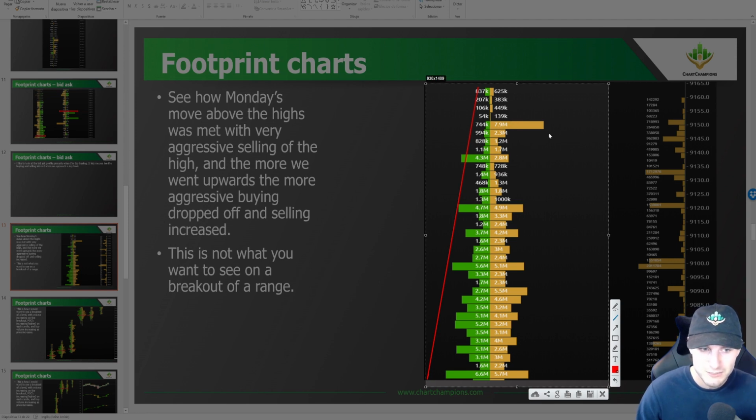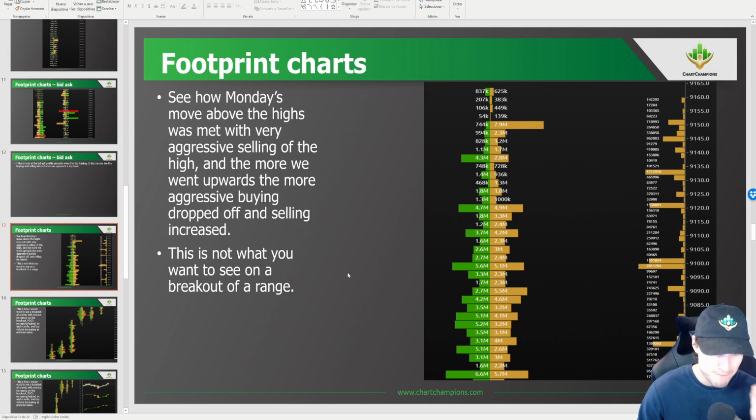It's increasing almost as we're heading upwards, isn't it? Okay, so you see the buying interest as we're going up is getting smaller, and the selling interest climaxes or reaches its peak at the high. So really simply,